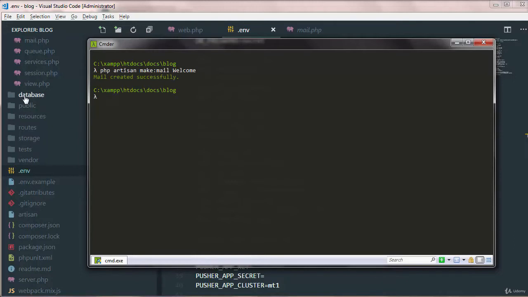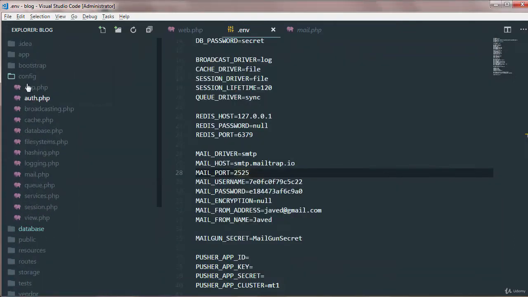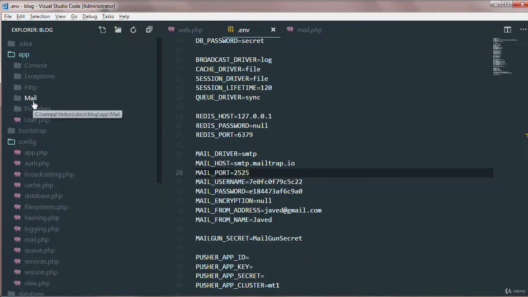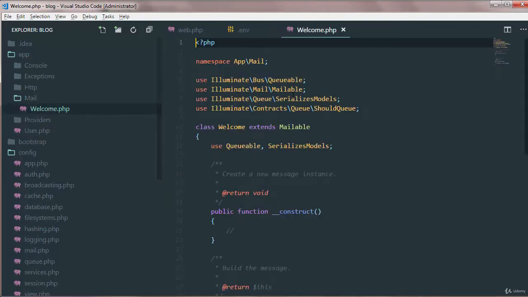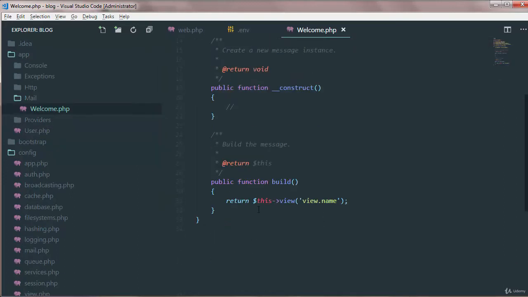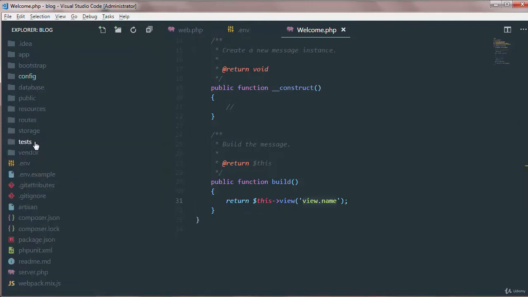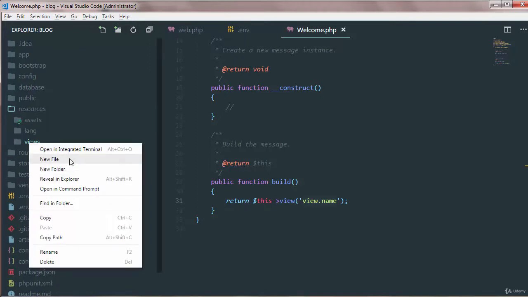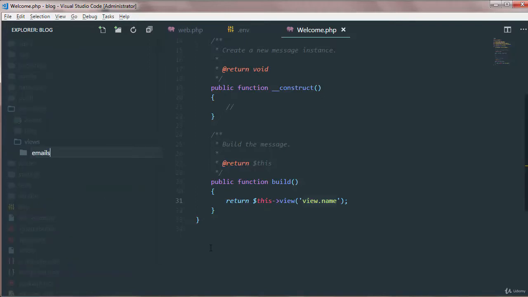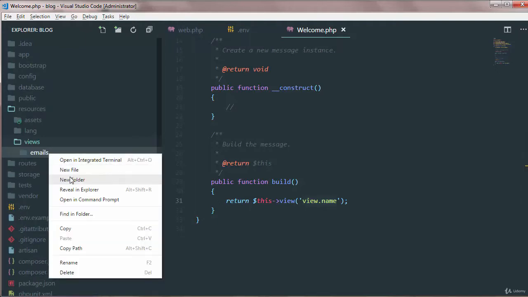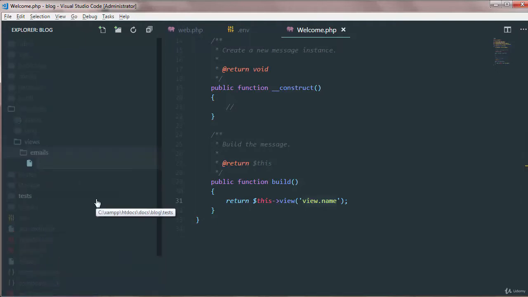Okay, mail is created. So we go inside our app, we have the mail folder, and it contains the welcome. There it is, right? And basically you can see in our build method that it's referring to the view and the view name, right? We'll just create a new view here real quick. If we go to resources, views, and then create a new folder, call it emails, and the name of the email file is, for example,